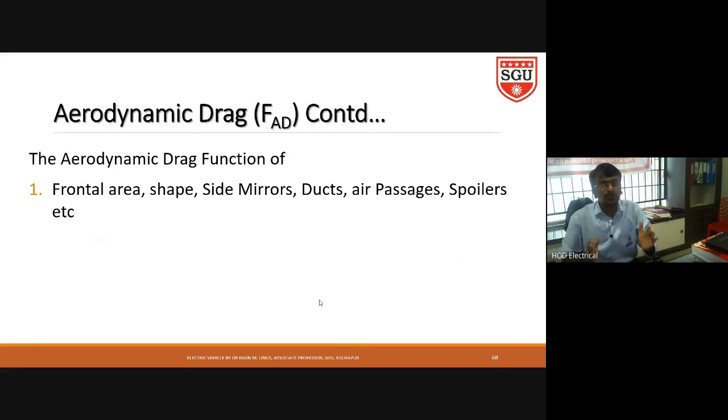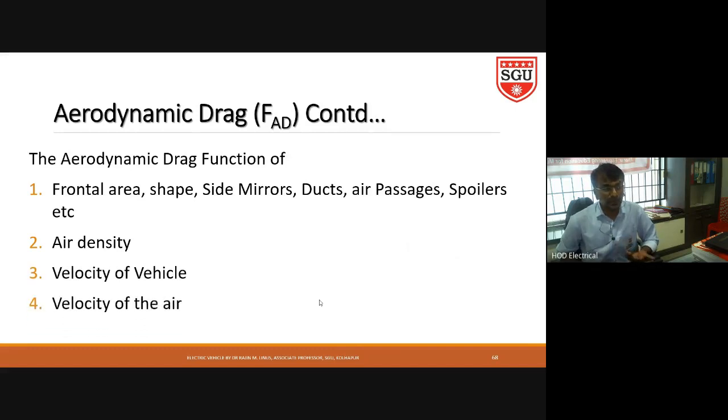If you are not using a side mirror, the aerodynamic force is again reduced. Ducts, air passages, and spoilers will be there. Based on that only, aerodynamic drag will be designed. Second, if air density increases, automatically aerodynamic drag is also more. Then the velocity of the vehicle, then the velocity of the air.